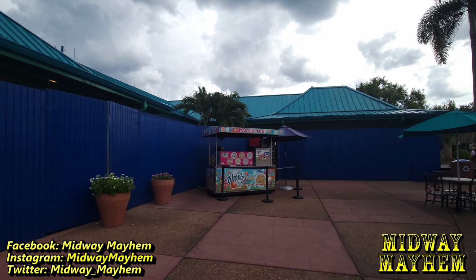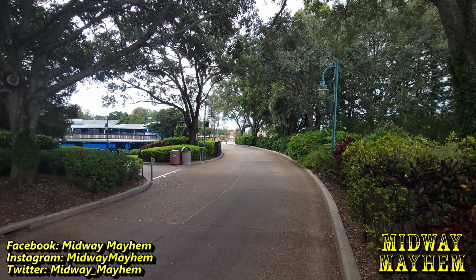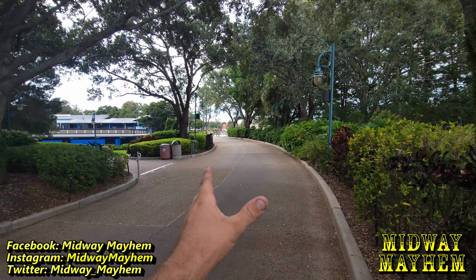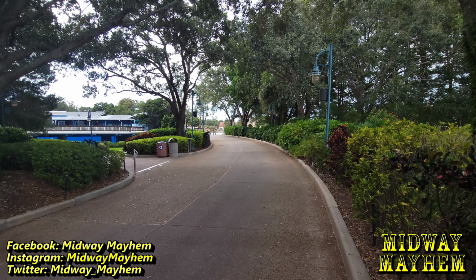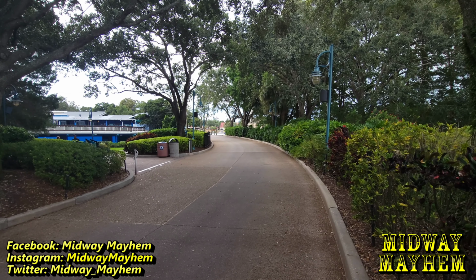Yep, work walls are still up over here by the former ice cream parlor. Nothing new. Like we had said in our last update, last year they had a great scare zone right in this area. Very dark, very spooky, tons of fog, great scare actors. And I'm not seeing anything in this area just yet, but I do expect it's going to be a scare